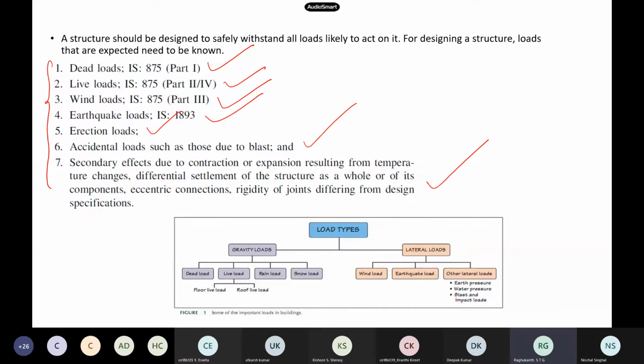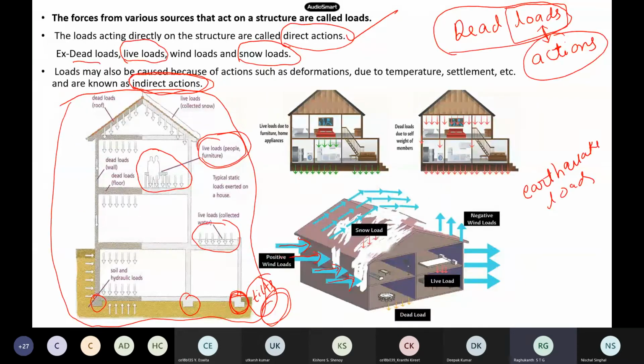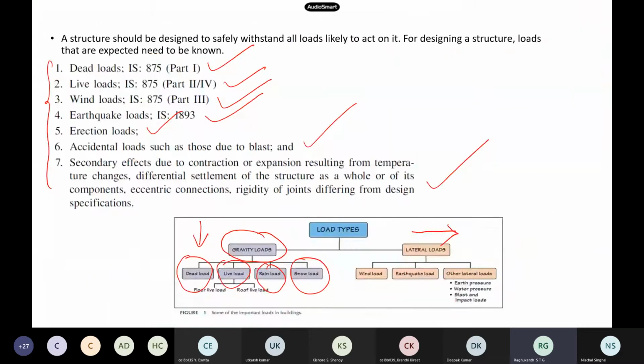Now under load types, our code also defines you can classify into direct and indirect. That is one type of classification. Another type of classification is that two types of loads are there. One is gravity, which acts in the vertical direction. Then lateral load, which acts in the horizontal direction. Gravity load means dead load, weight of the structure, live loads, floor load, roof, rain load, snow loads. All of them come under the gravity kind of load, or the vertical load. Lateral load means wind. Essentially, you can see wind will act in the horizontal direction. So wind, even earthquake also. All of them come under the lateral direction.